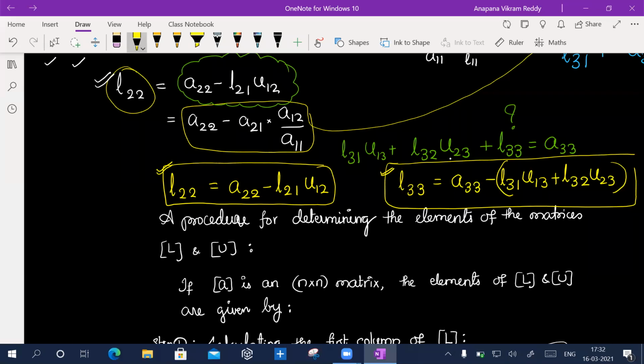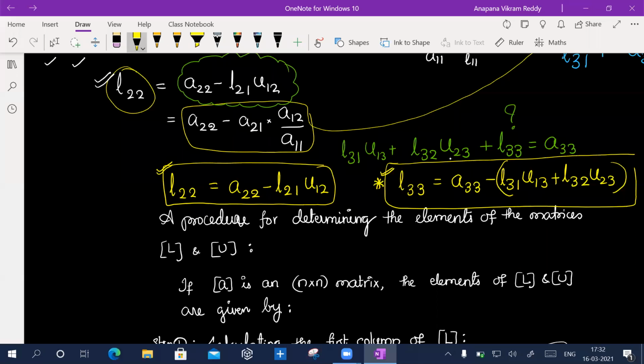Now you please tell me, take L33 into consideration and generalize this. You have I for row, I as row number, J as column number. I want your support now. M3I, sir, LI.